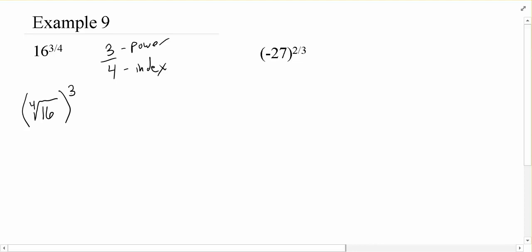And so again, we were talking about this before the example, that we should take the radical first, then the power, because we don't make our numbers small before we make them big. Without a calculator, I don't want to try to do 16 to the third power. That's ridiculous. Even though I could, mathematically, it's correct to do that. I would rather say the fourth root of 16,